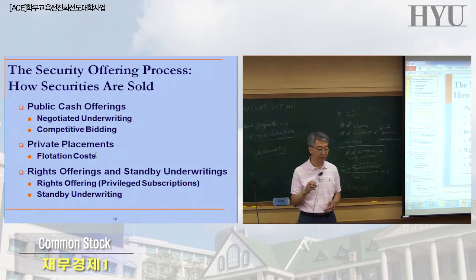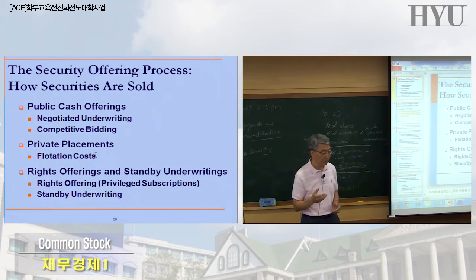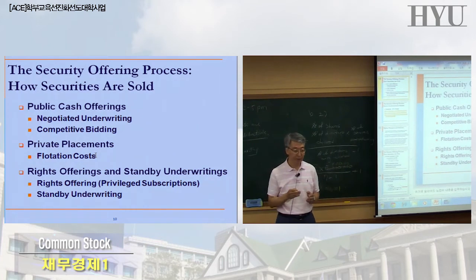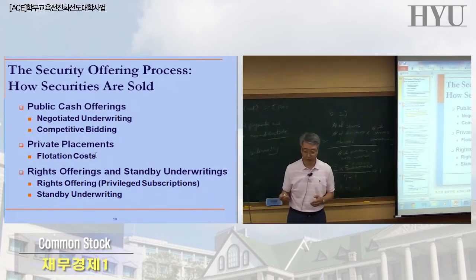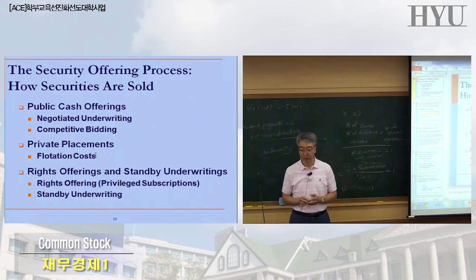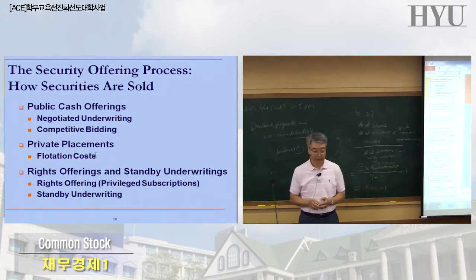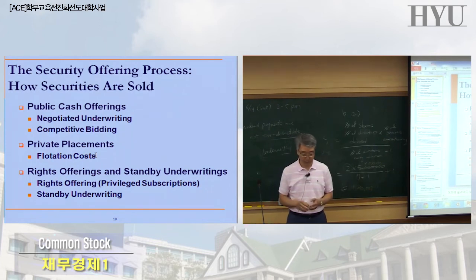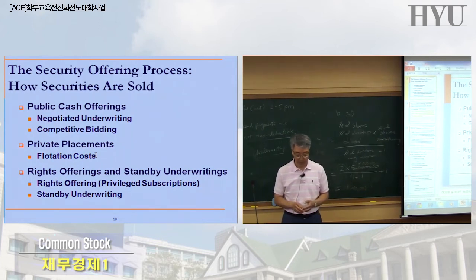contact some private investor who are more savvy and own some more technical ability to analyze the company and convince this investor that, hey, this company XYZ, even though this is very unknown and small company, it is a very good company with a lot of potential. Okay, so convince the investment company to buy the security of this company in private without going through the public process. Okay? The benefit of that is the flotation cost is typically smaller.